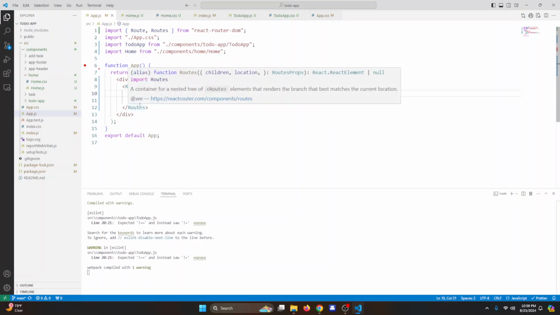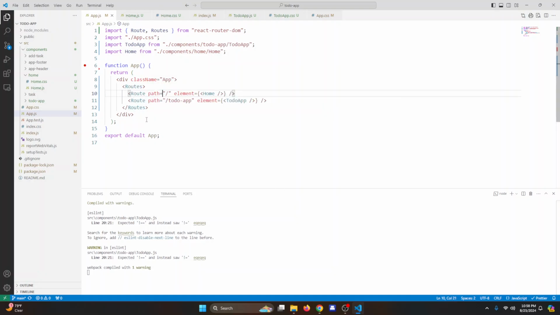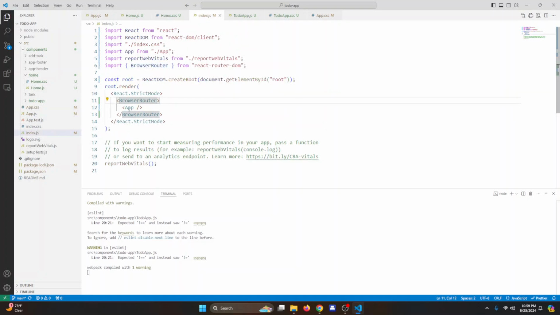So far, we are able to set up the routing. The three very important points I just want to recap that we did regarding the routing is, first of all, we installed the React router DOM npm library. Once you are done with that, what we did in the index.js file is we wrapped our app inside the browser router. That is the first point, and this component enables the client side routing and should wrap your entire application. The second thing that we did is we used the routes, so if you go to app.js